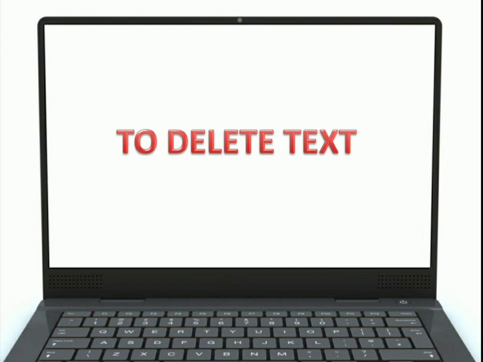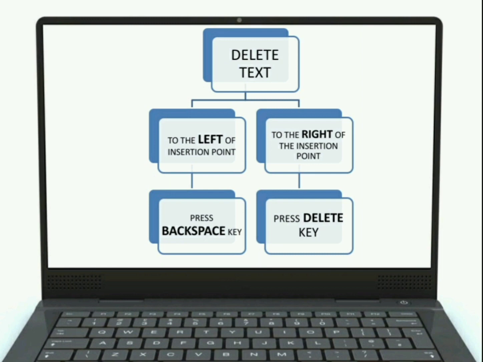So kids, basically there are two ways of deleting a text. On the screen you are able to see a diagram depicting the two ways of deleting a text. Kids, to delete text to the left of the insertion point in Word, you have to use the backspace key.